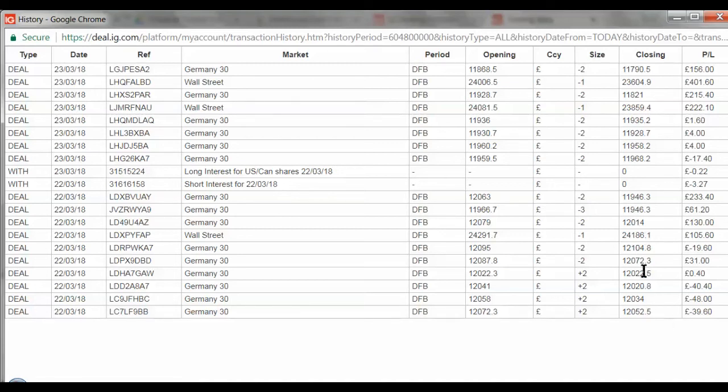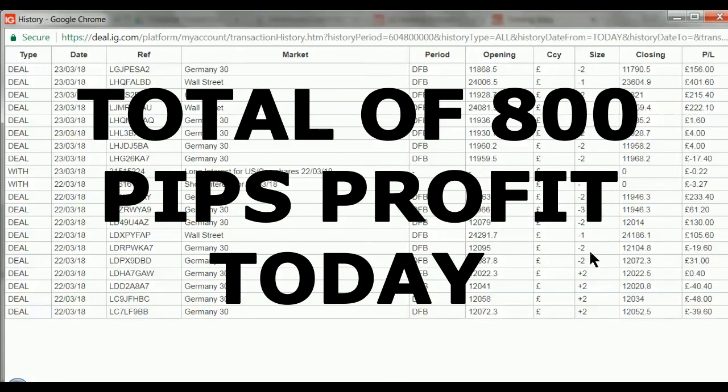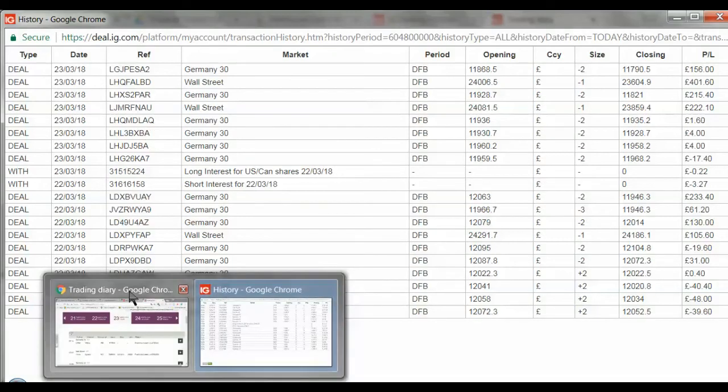I think these were the ones from yesterday. Yeah, the smallish trades there yesterday. There's a few losing ones which I mentioned in the previous video, but nothing really compared to the profits here. The 130, 105, 233. Again today, 222, 215, 401, 156. So these small trades, little and often. And as I say, the trading diary